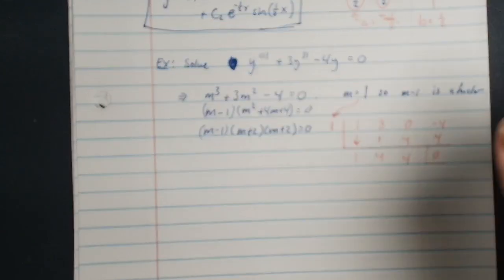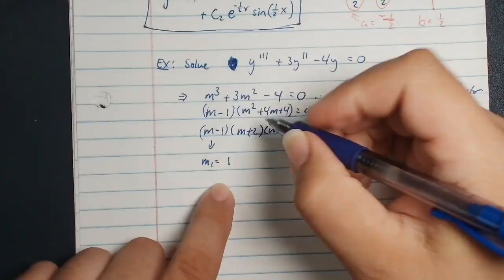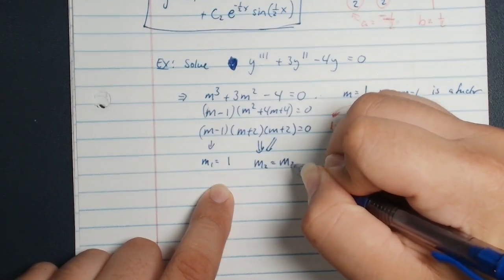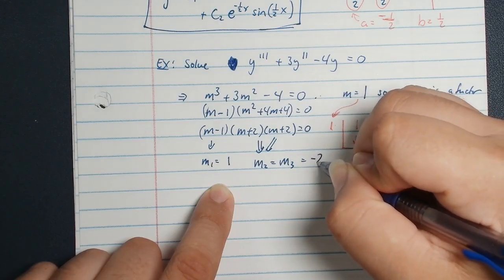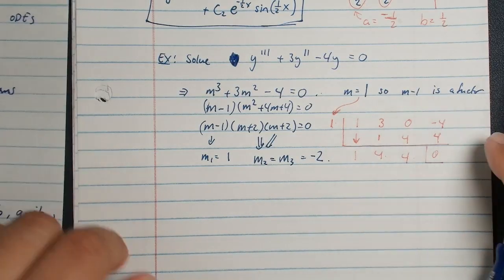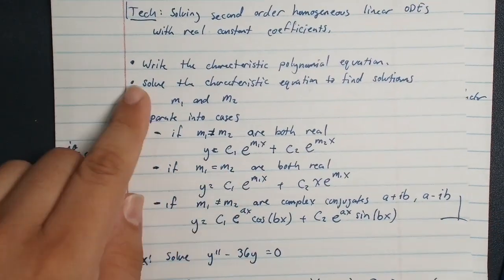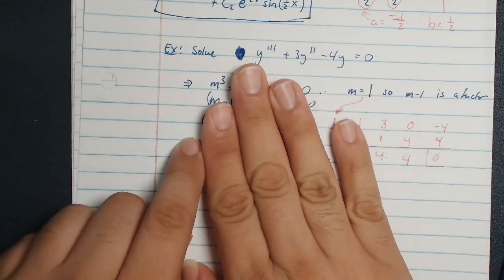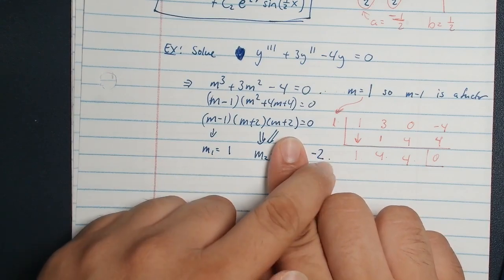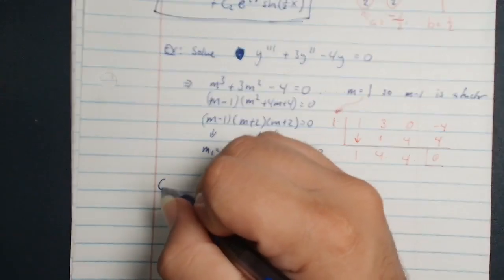But now we have 3 solutions. We have m1 is equal to 1, and of course we had that from earlier. And then over here we have m2 and m3 are both the same thing, equal to negative 2. Okay, so then how do we set up our general solution? Well, basically we're just going to go down the line. I can only deal with 2 solutions at a time using this technique. I know I have 3 of them, but only look at 2 of them at first. Okay, m1 is 1 and m2 is negative 2. Pretend m3 doesn't exist. Just m1 is 1, m2 is negative 2. So for my general solution,